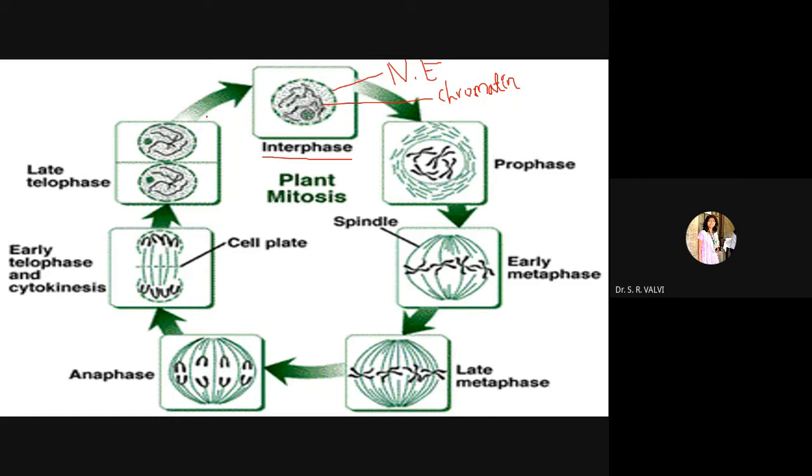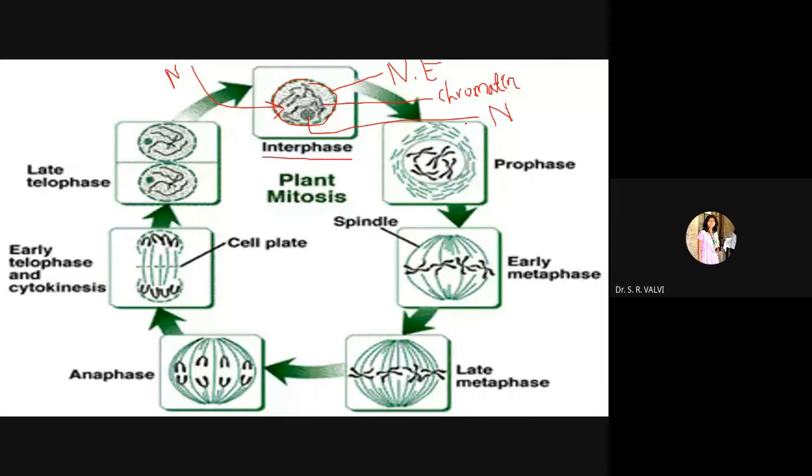So likewise, this interphase has the disappearing nuclear envelope, with the long thin thread-like structure which is chromatin, and here you can observe this is actually the nucleus, sorry, nucleolus. So here this single structure is nothing but the nucleus, right? And inside it, this small structure is the nucleolus, right? So this is interphase.